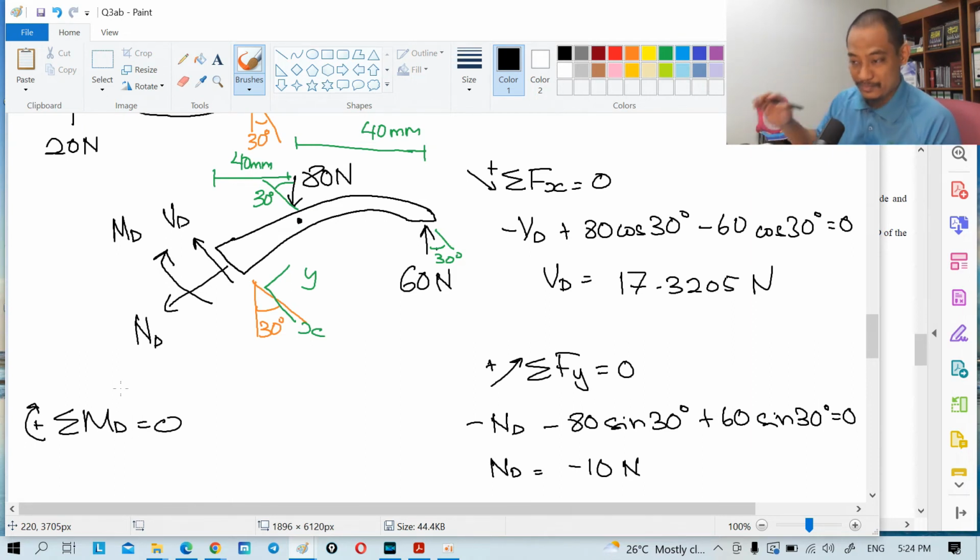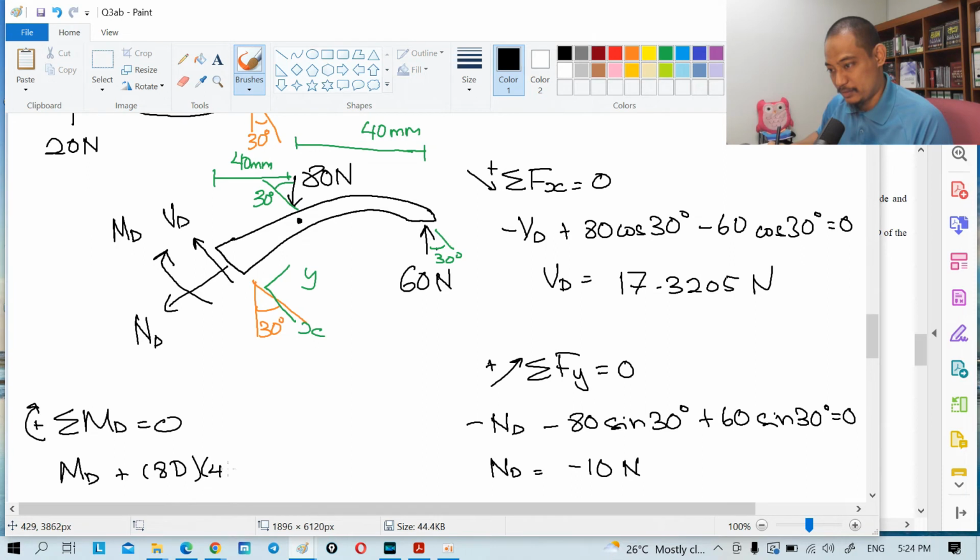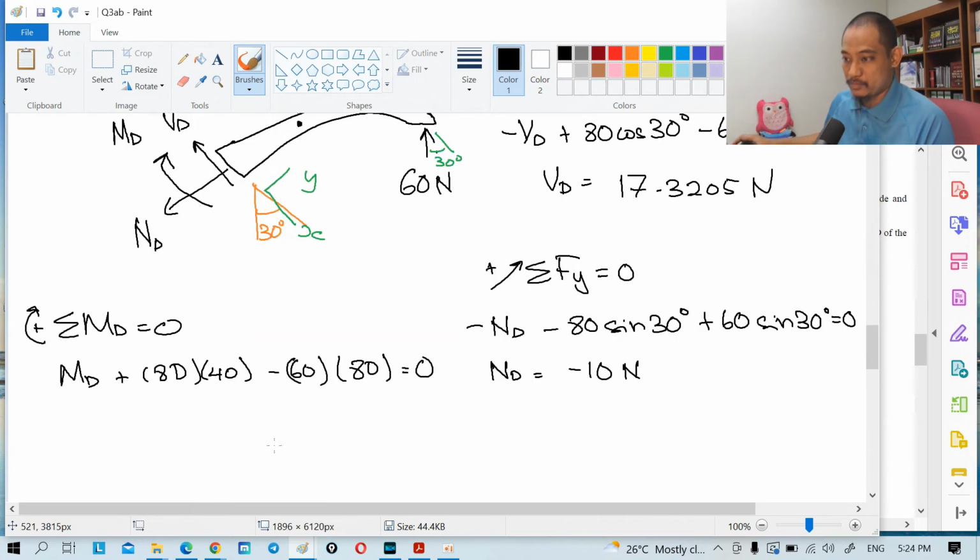Okay, so Md, for 80 is also positive, so plus 80 times 40 millimeter, and then minus 60 times 80 millimeter equal to 0. So if you calculate this, Md, 80 times 40 minus 60 times 80,